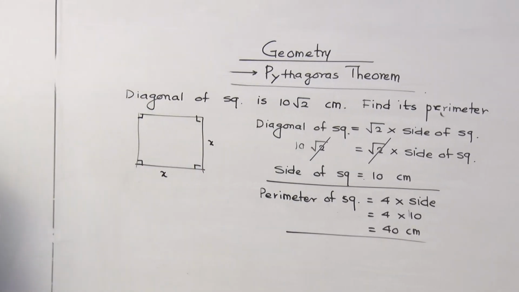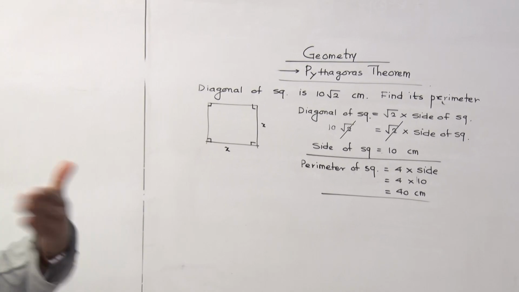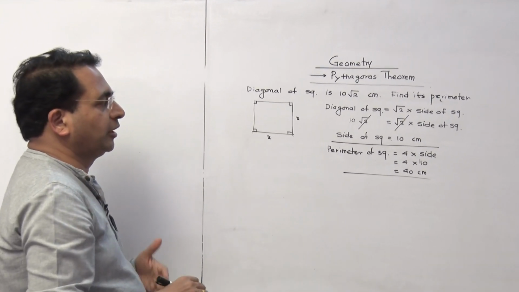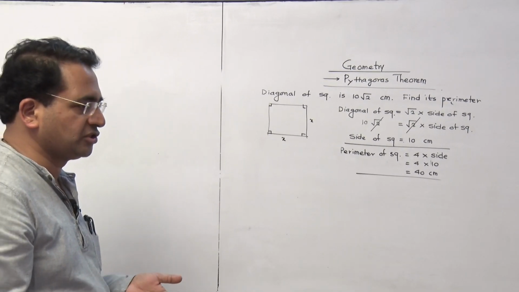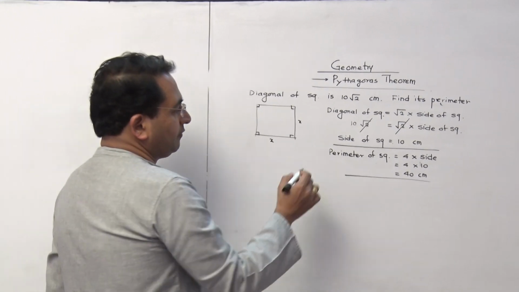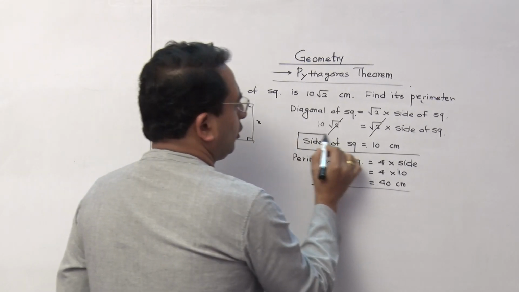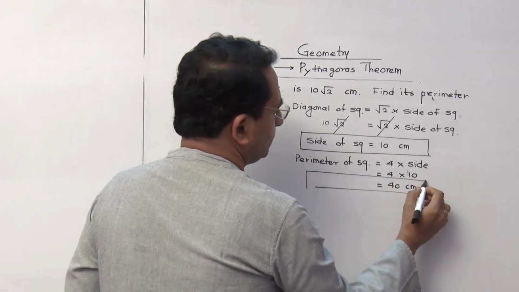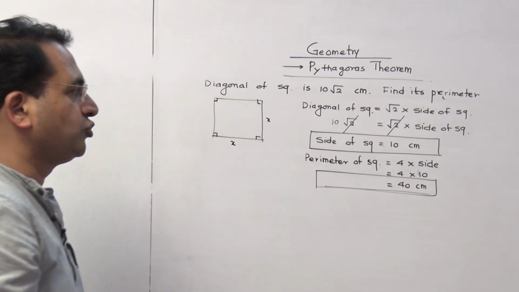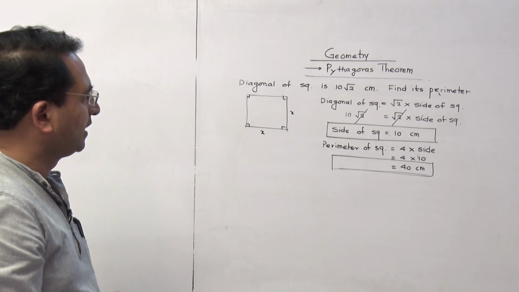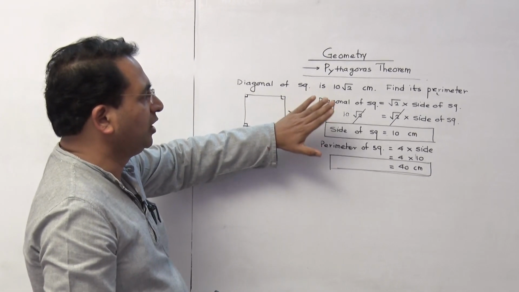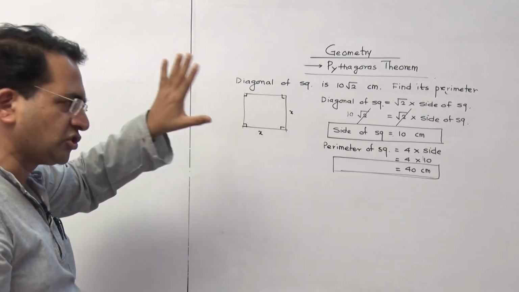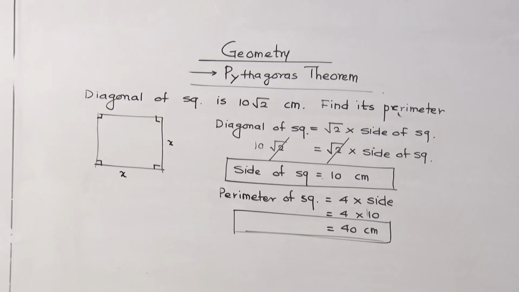See, whatever I discussed in algebra, that whenever you are writing the final answer, that answer has to be either underlined or kept in a box. That depends on your patience and your comfort. If you are very comfortable with putting the boxes at ease without wasting your time, then you do it like that. These are the things you are supposed to keep in mind. This particular question will not require any diagram to be drawn. Just write the formula and go ahead.